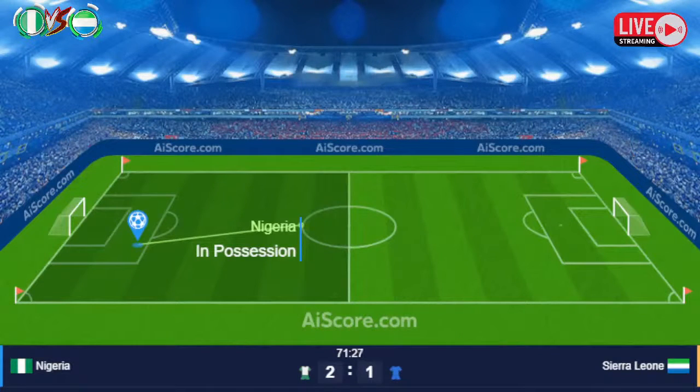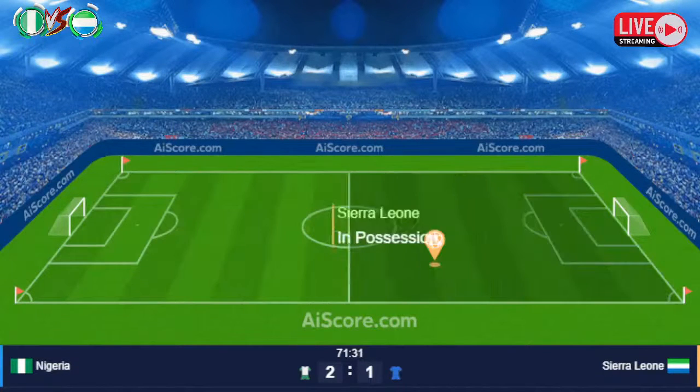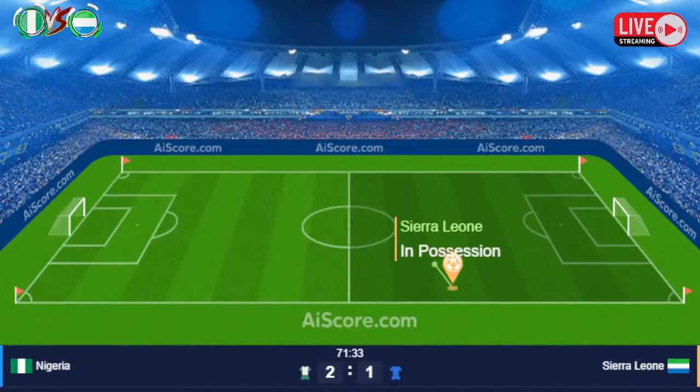Shifted across to Ajayi. Ajayi looking to his left. He's got Bassey for support. 6 yards to his left goes the pass. Bassey returns it to Ajayi though. Ajayi lines up a long ball, chipped forward. Up towards the head of Moses Simon. Won this time by Cisse. Cleared by